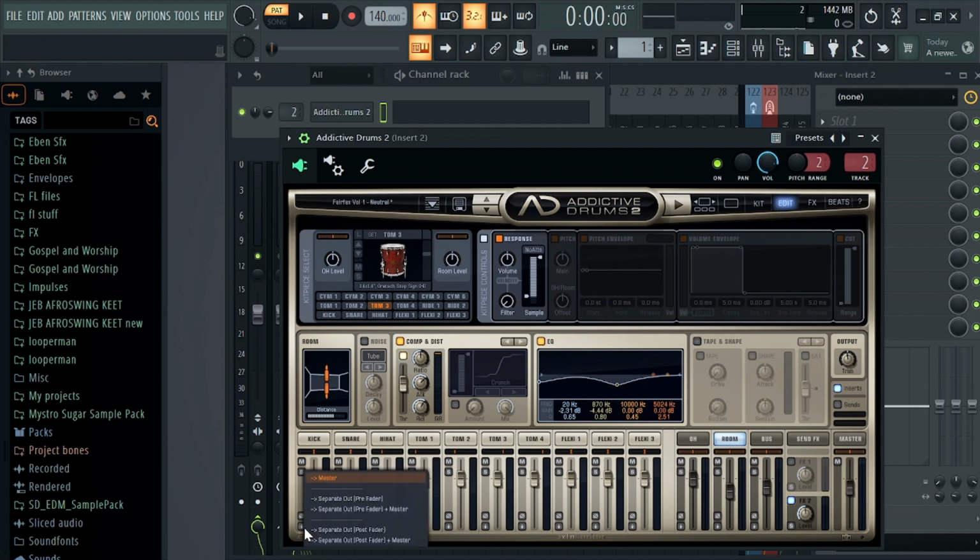You click this arrow here, and then most of the times I use this icon, this one, separate out pre-fade out plus master for my kick and for my snare alone. That's when I'm not using the boss, but when I'm using the boss, like now, I don't use it. I just use it on the pre-fader alone. So every other thing on the pre-fader,